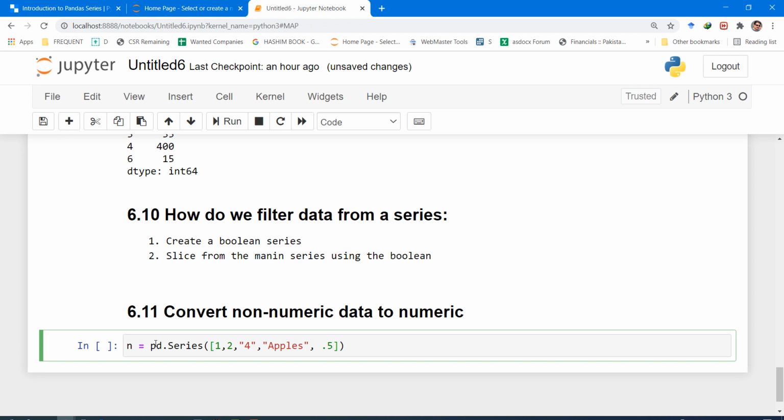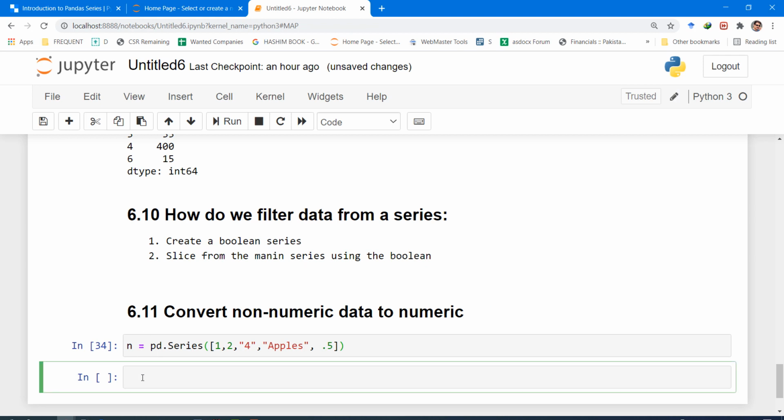So it's mixed data. Some of the items are already numeric, some were supposed to be numeric. For example, 4 was supposed to be numeric, but it is not. So how do we convert such data to numeric?